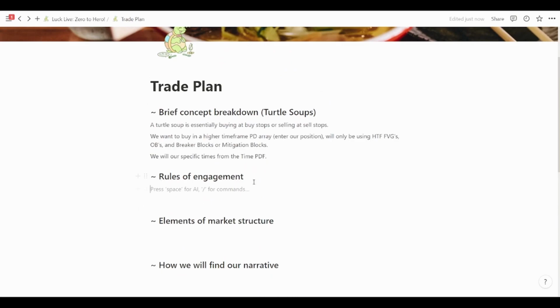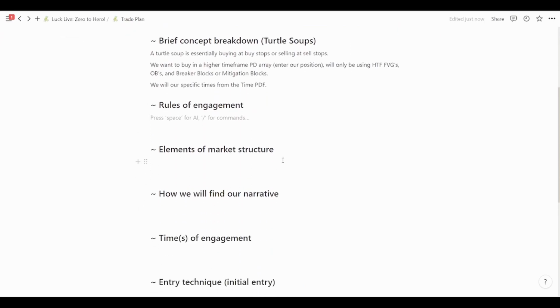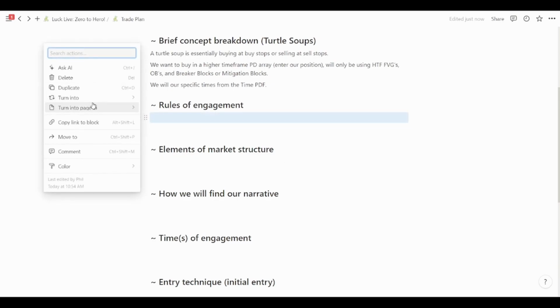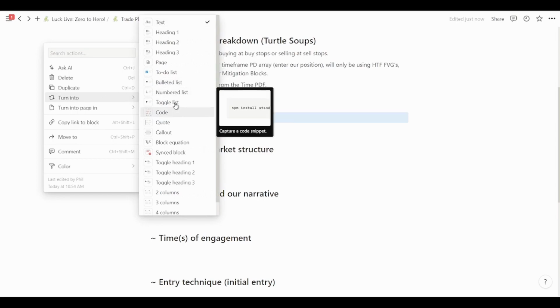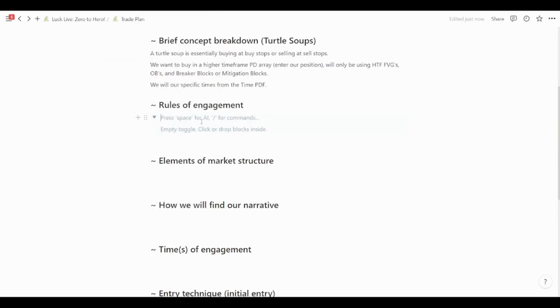So for our rules of engagement, there are going to be some pretty key rules here. The first rule is, well, actually I'll make a little list about this. Again, this Notion is going to be available for you guys to look at, so you can mechanically understand my trade plan after this live stream. So for my rules of engagement,